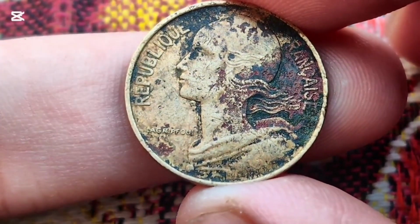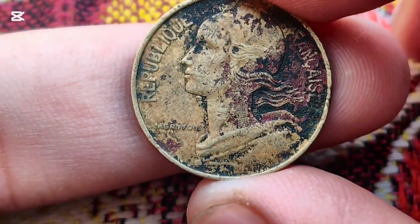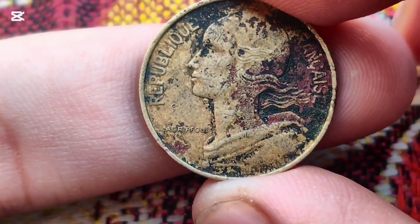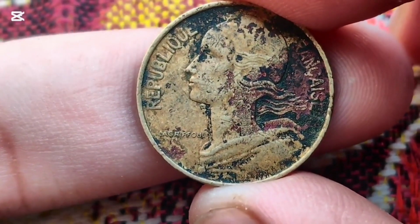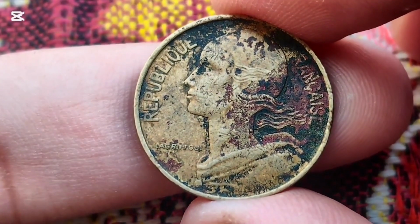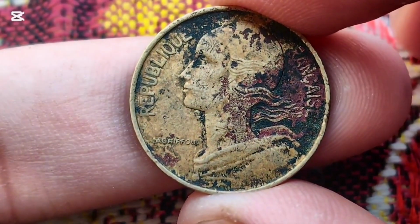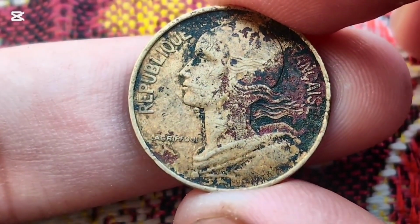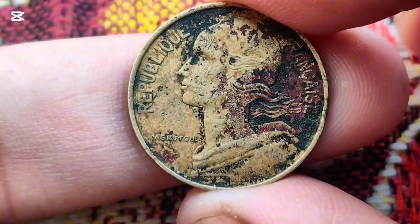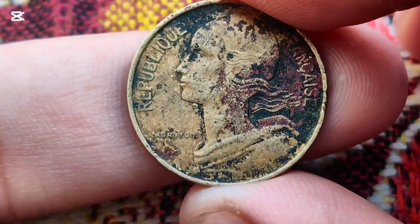Now, let's talk about the condition of these coins. We all know that coin collectors tend to prefer coins in mint or near mint condition, right? But what if I told you that even a coin in bad condition, one with heavy wear and tear, scratches, or discoloration, could still fetch a surprising price on the market? The French centime coin from 1969 is an exception. While a pristine coin might be worth a little more, a coin in bad condition is still sought after by collectors and numismatists. This is because older, rare coins in poor condition are often considered more valuable than newer, more